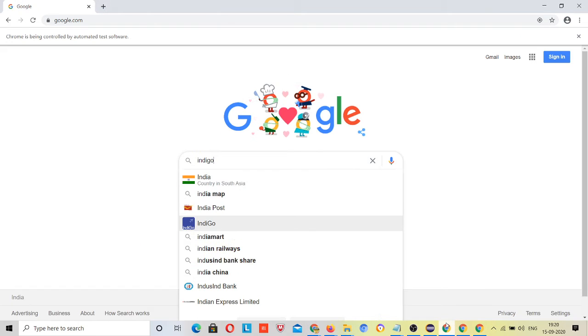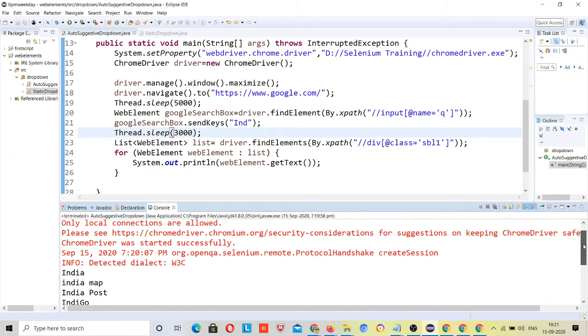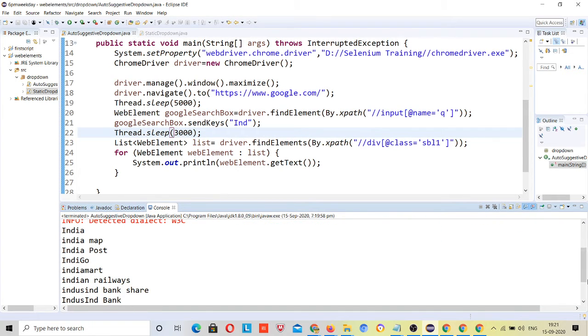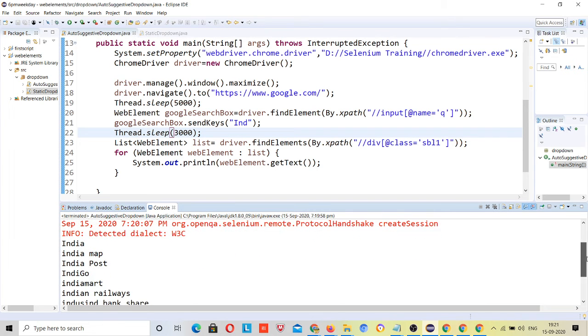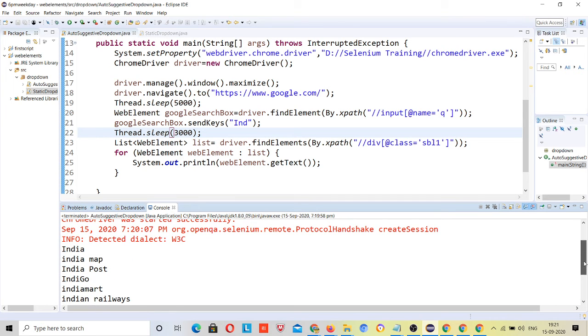Don't think that because you are seeing India here, the result is your India. Just come above and after that India map, India Post, Indigo. So whatever result you are getting in the Google search or suggestion, you can get that, right?